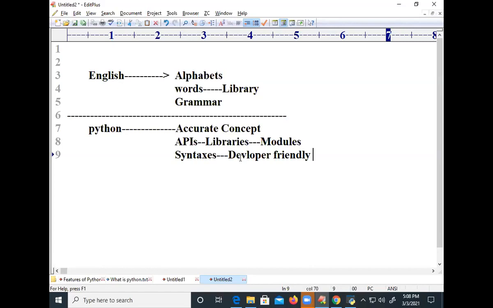Take mobiles, for example. Touch screens are user friendly. Olden days mobiles were a little hard. So depending on the situation and circumstances, that type of syntaxes will be released to the real world. Because of developer friendly syntaxes,